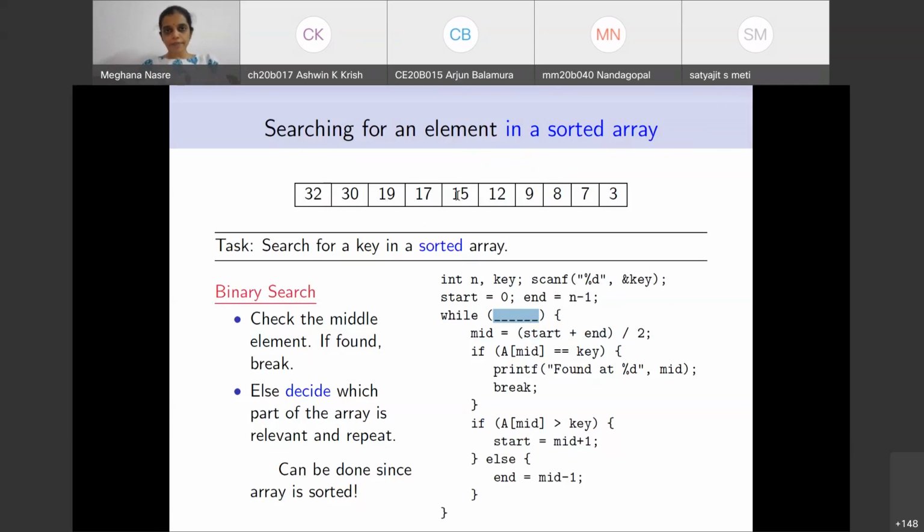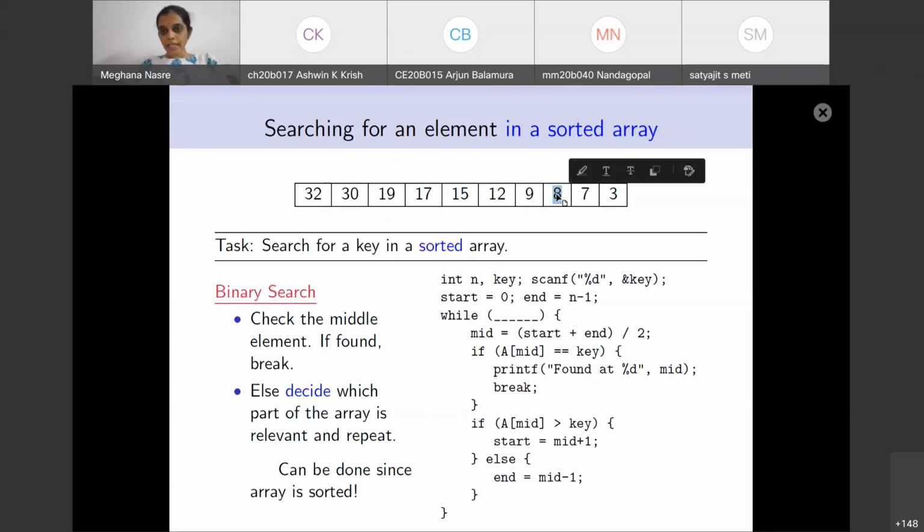At 6, we want to check whether the value key is equal to 6, at which start is 0, end is 9, and therefore mid is going to be 4, which is this 15, and this doesn't happen to be equal to the key. Therefore we are going to modify start, and start will become 5. Then we have 5 and 9, so mid will become 7, and we are going to evaluate here.